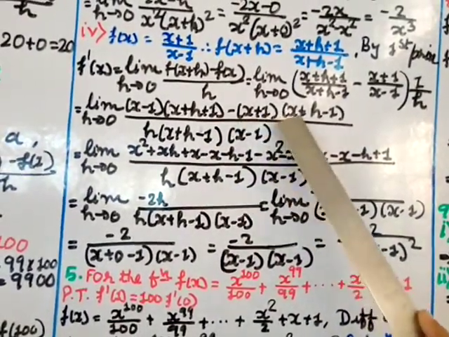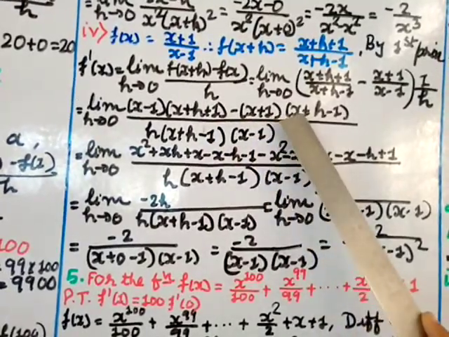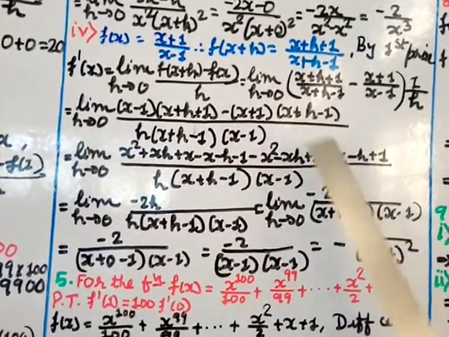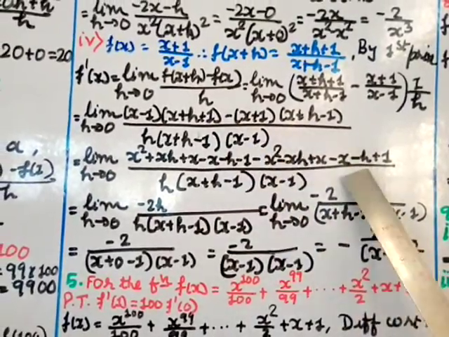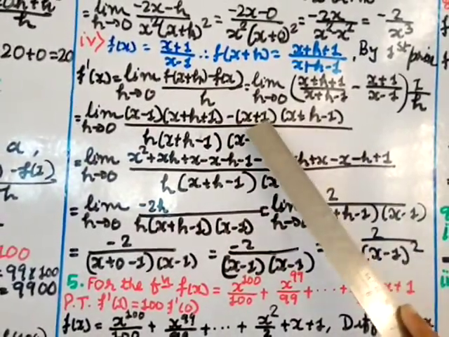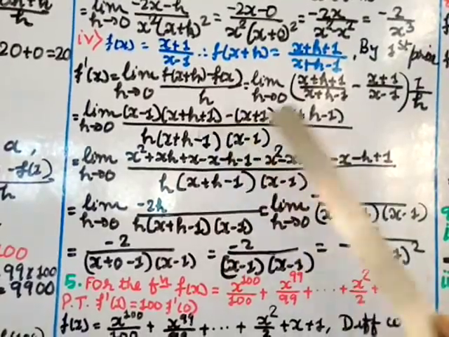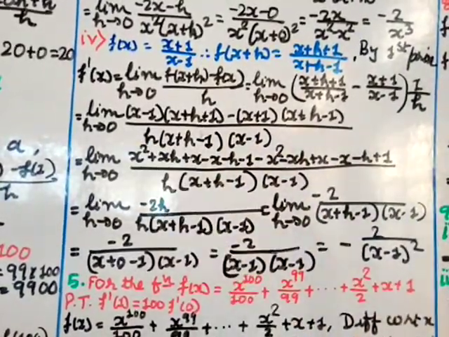Now multiply here, so this also becomes negative, so 1 into x is x, but because of this negative minus x, this is h, because of this minus h, and minus 1 into plus 1 is minus 1, but because of this negative plus 1. Denominator keep as it is.